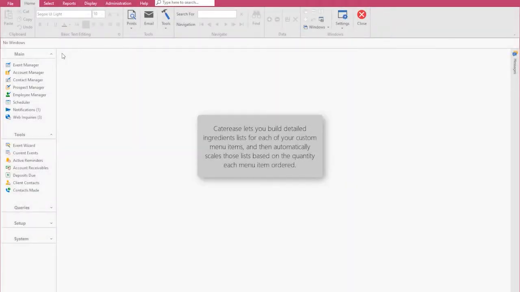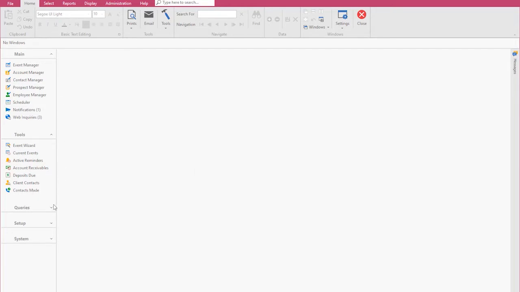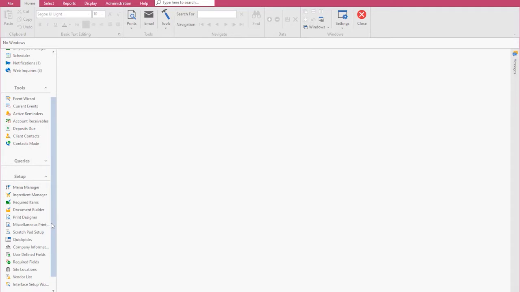Cateries lets you build detailed ingredients lists for each of your custom menu items and then automatically scales those lists based on the quantity of each menu item ordered. Setting this up is very simple. You would go to the Setup sidebar on the left side of your screen, and then we'll start by jumping